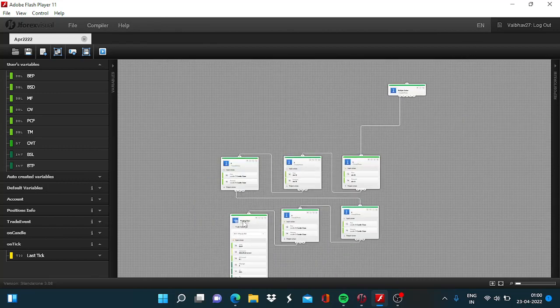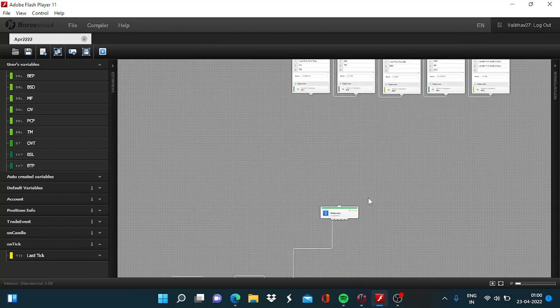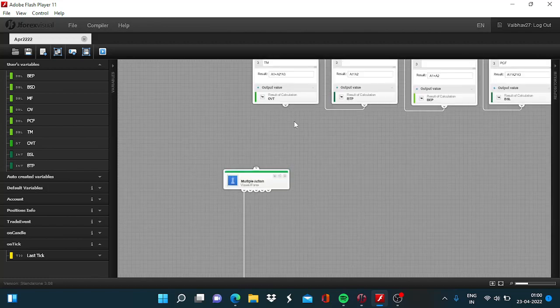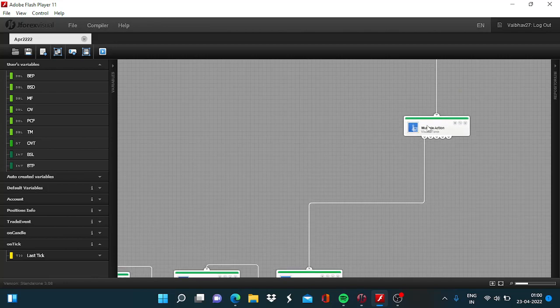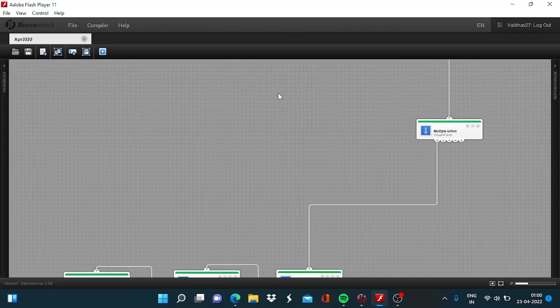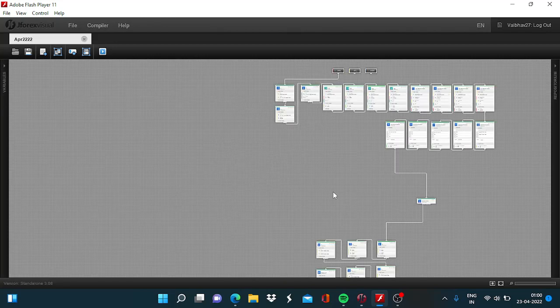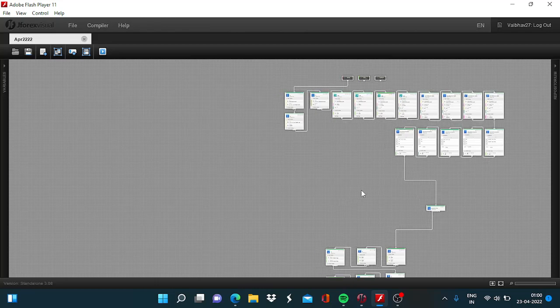So this will belong here, and I will join this block on the lower side. All right. So with this, we are done with the buy side of the equation for this algorithm involving the